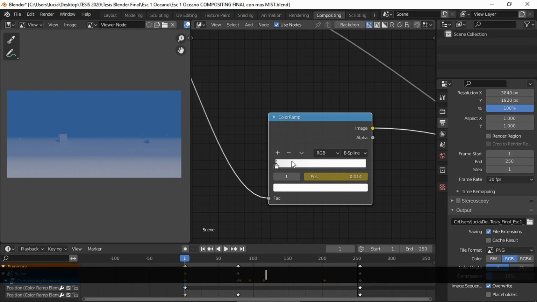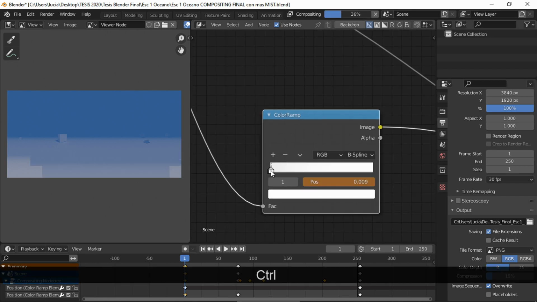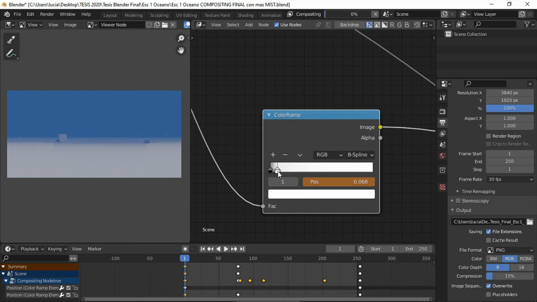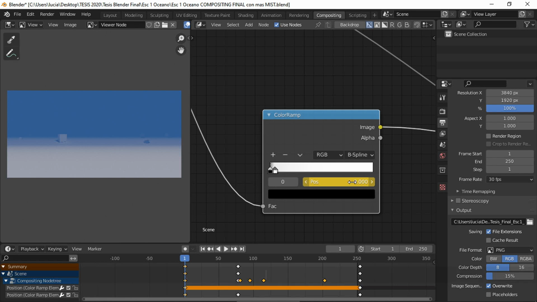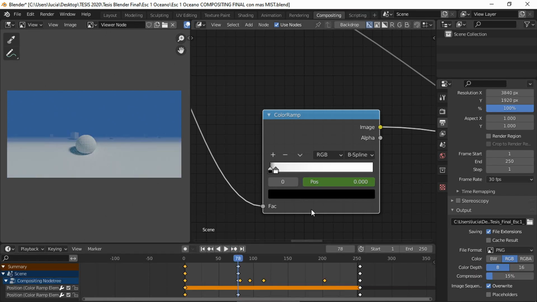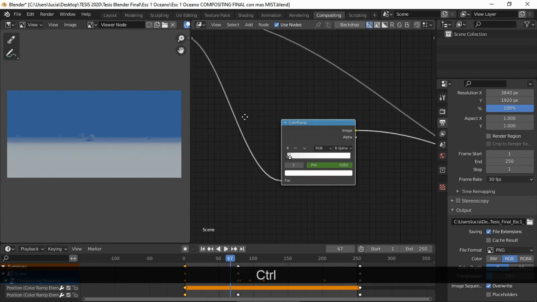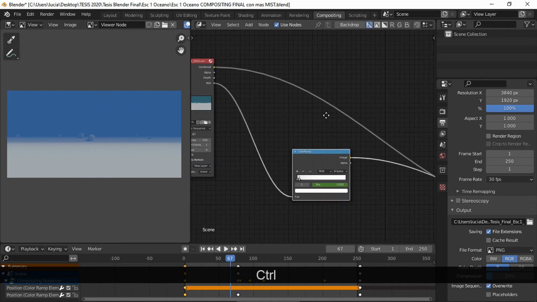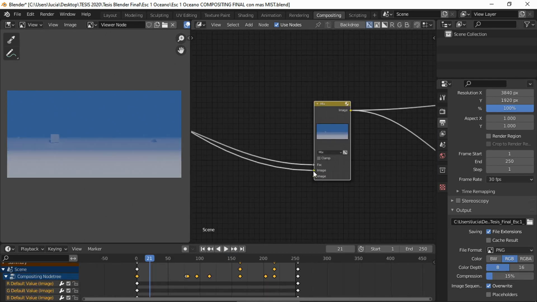Press I, you can keyframe both the black or the white. And you can keep keyframing the values along the animation, which is what I did for my short film. Now in this mix node I also keyframe the color, but there's a glitch, I assume, in Blender, and sometimes this color box goes missing and you have to plug, unplug, and there it is.